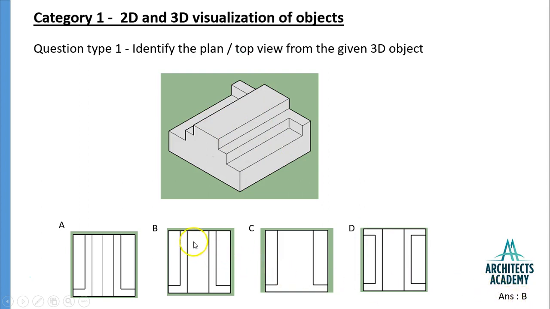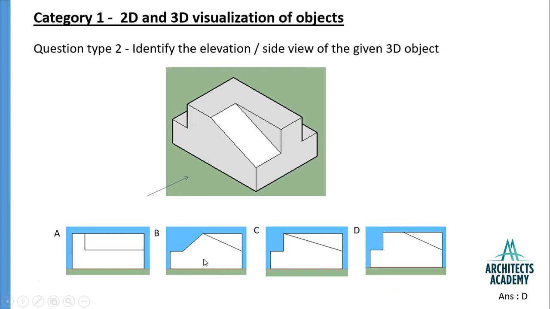So if you can find out that this is the portion which you will be seeing from the top over here, then this L-shaped region on both sides you will find, so that is seen over here, and these two are the surfaces which you can see here, 1 and 2, and that is why the answer is B.